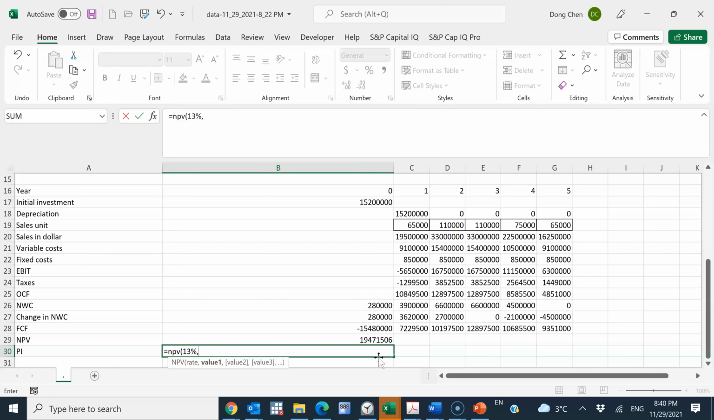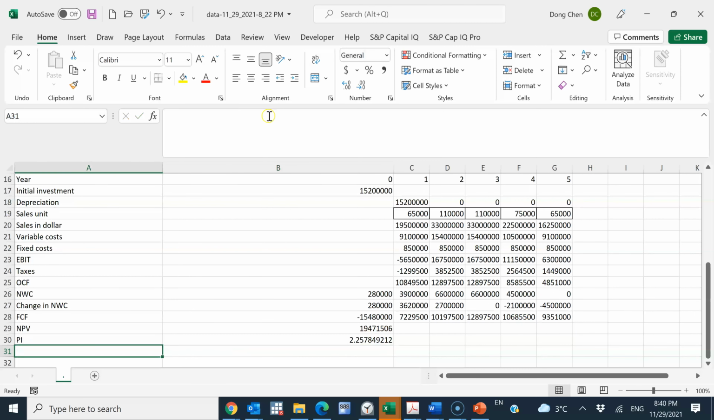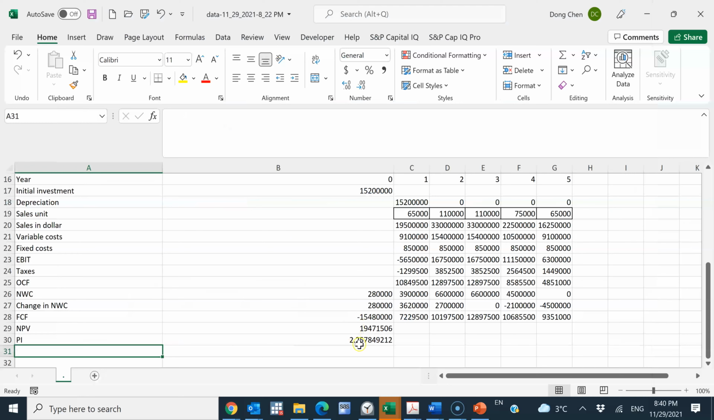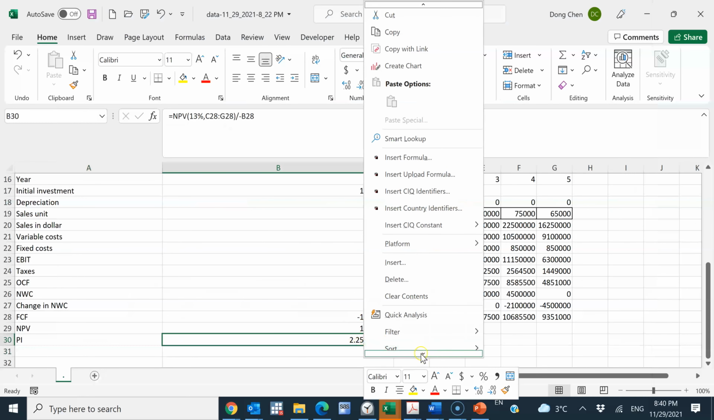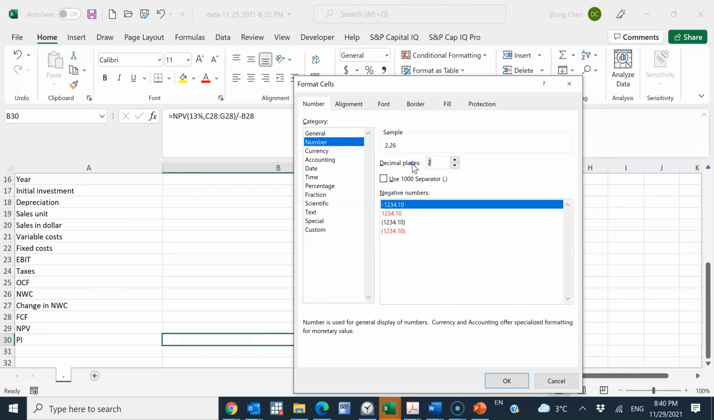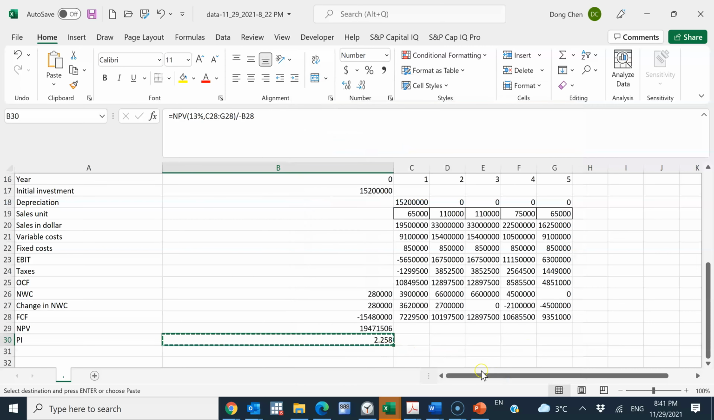So this is 13%. And I choose the cash flow starting from year 1 all the way to year 5. And then I divide that by the initial cash outlay. Because the initial cash outlay is in negative format, I need to add a negative sign in front of it to convert that into a positive number. So this gives me 2 point, and going back to the rounding requirement, round to 3 decimal places. So I format the cell here, choose rounding to 3 decimal places, and then copy this number back